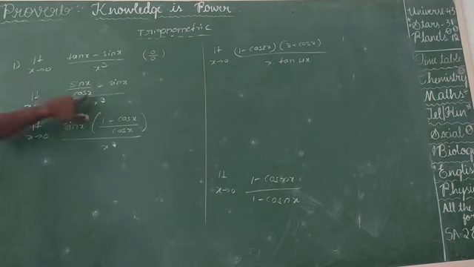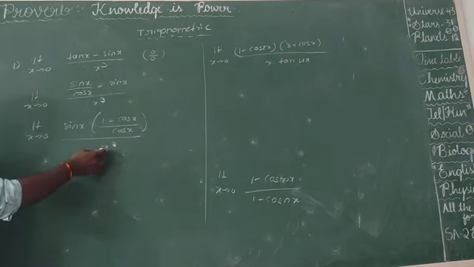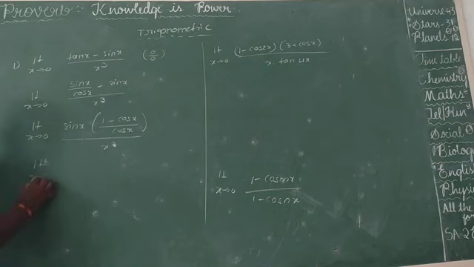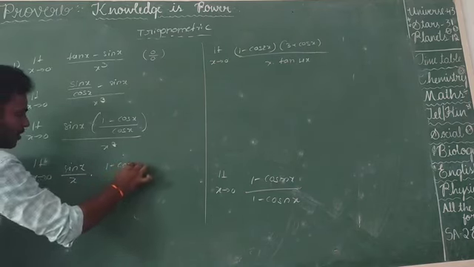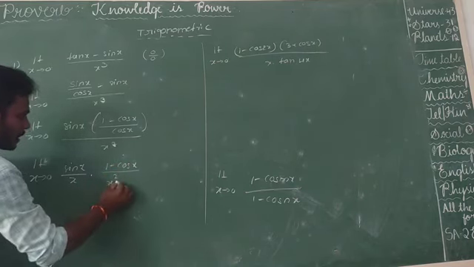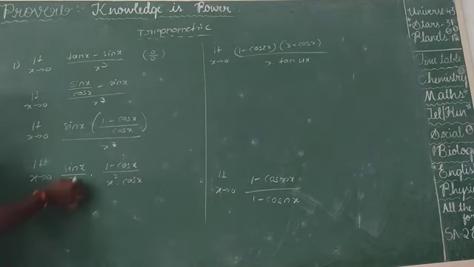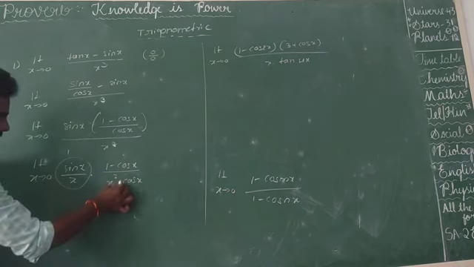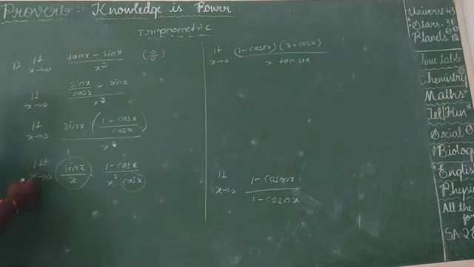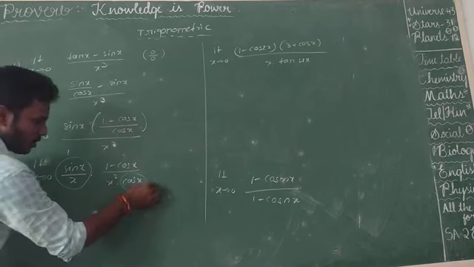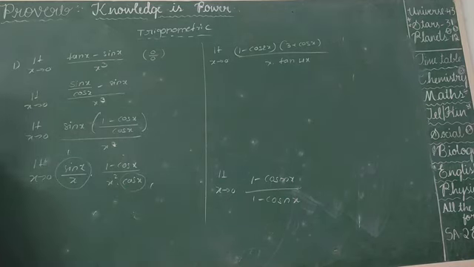Here, x cube you can take first of all. So x cube converts into x square. That's why limit x tends to 0 of sin x by x into 1 minus cos x by x square into cos x. In the previous discussion, limit x tends to 0 of sin x by x is 1, so this value becomes 1. Then for cos x, the limit x tends to 0 of cos x, cos 0 is 1, so this one also is 1, so no need to take this.